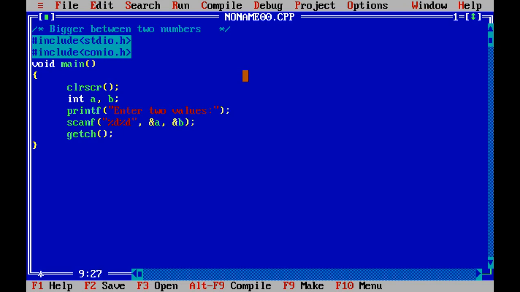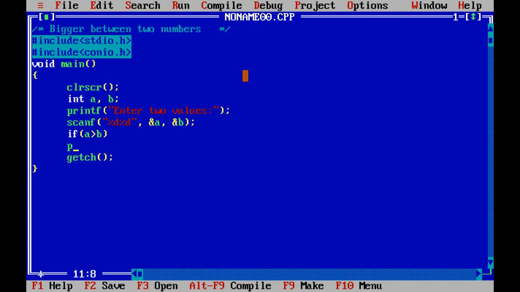Two values are taken from the keyboard. Now I check which is bigger. Now I apply the if statement: if a greater than b, then